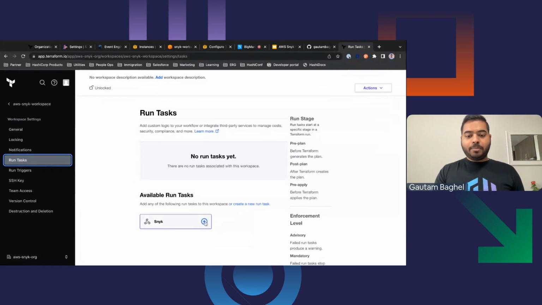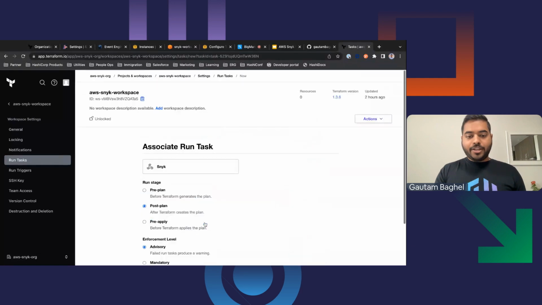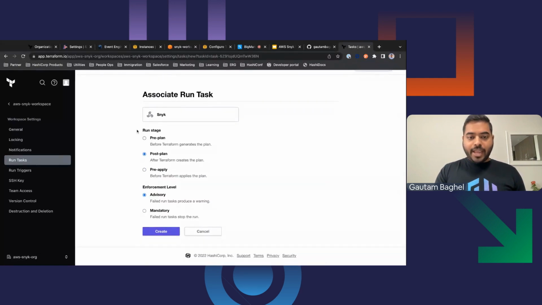So I'll see this plus button here. Available run tasks: I have this one that I just created. I'll attach it here. And for the stage, we're going to choose post plan. I feel like that's the most optimal place for my usage. You can try out a bunch of different patterns. And instead of advisory, I'm going to make it mandatory.